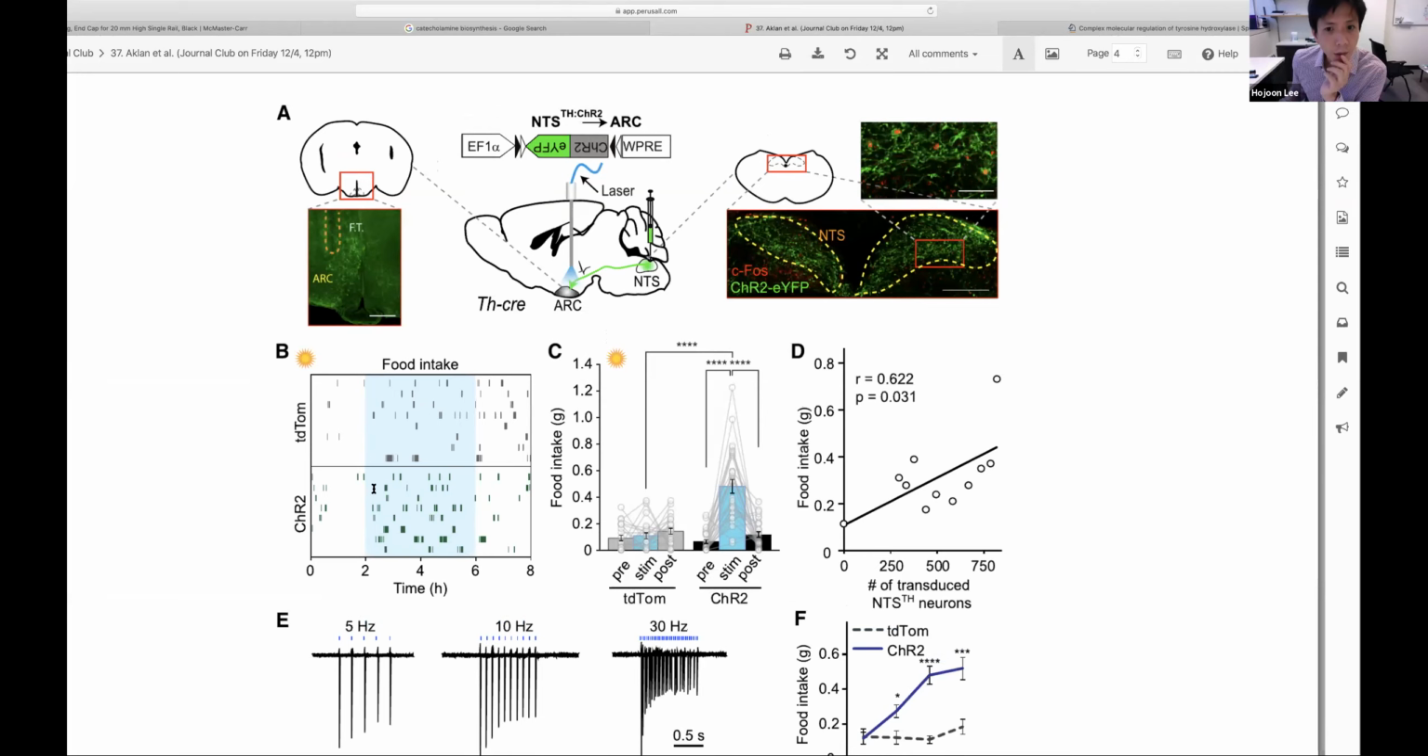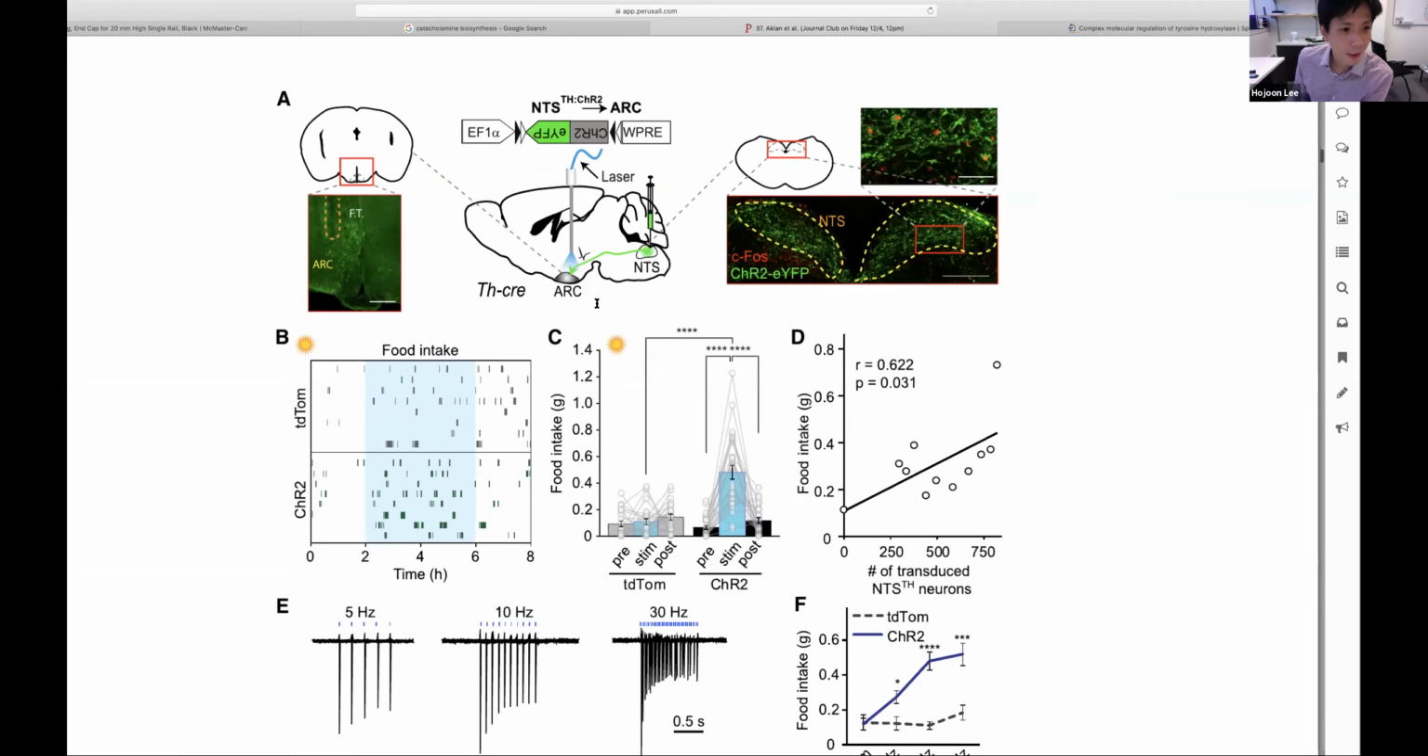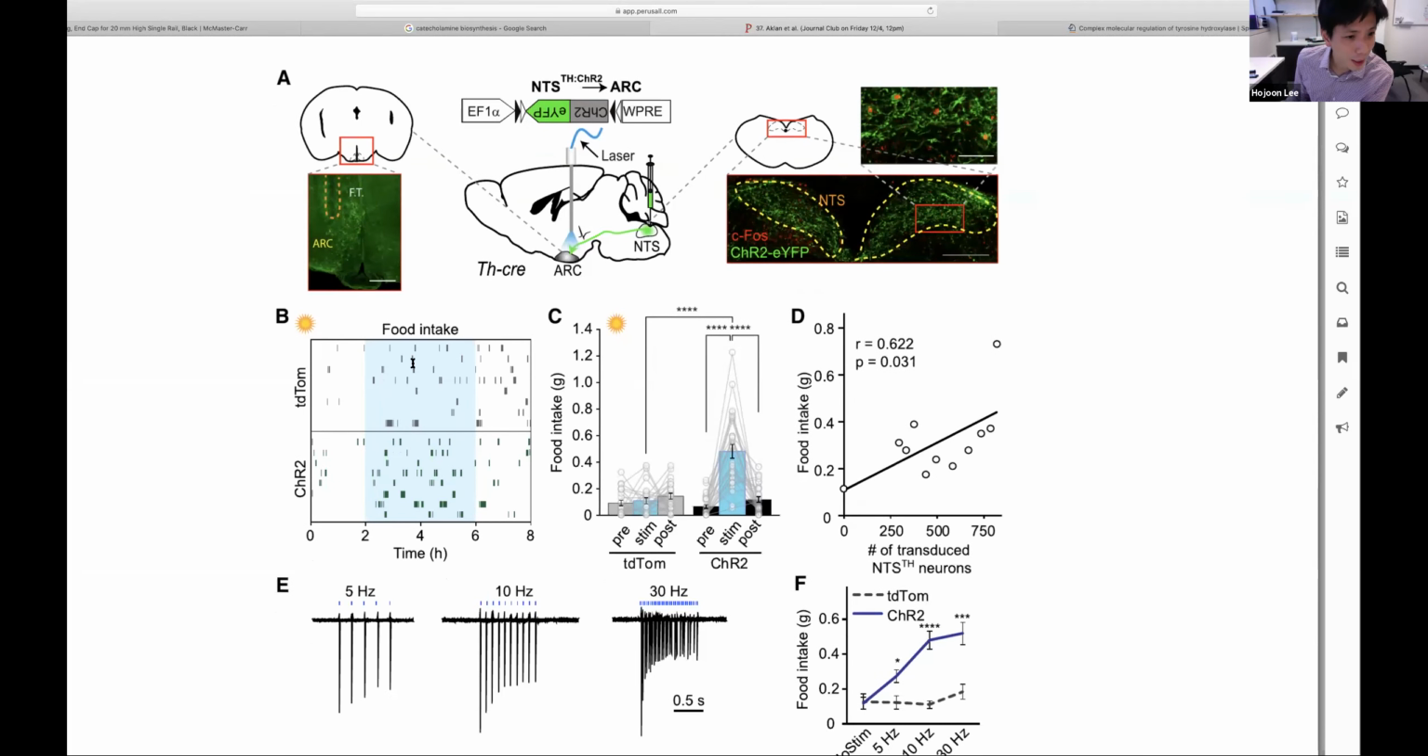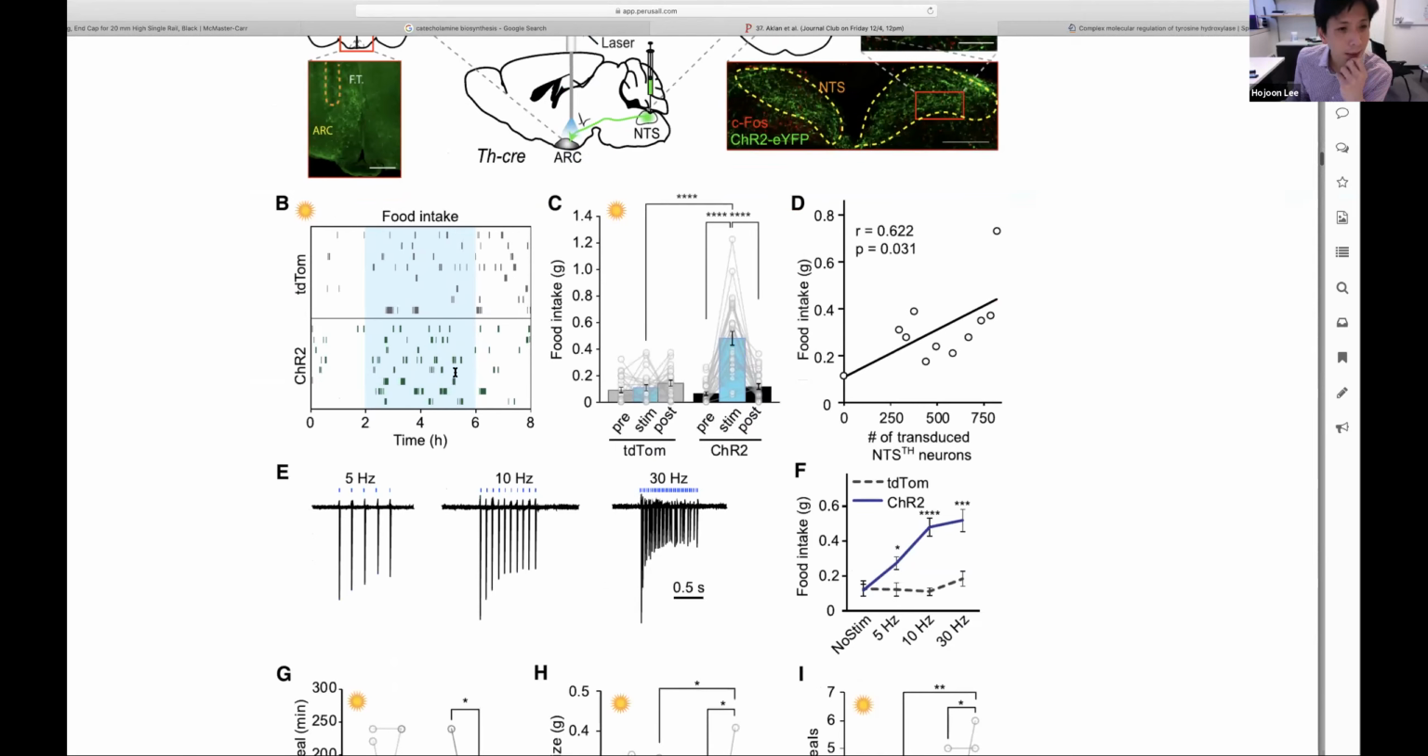Okay, so just to emphasize, they're injecting the channelrhodopsin virus in the NTS and then shining light in the arcuate nucleus, so that you're stimulating only the neurons that project from the NTS to the arcuate nucleus that also express TH. Yes. Okay, so then let's look at B. They shine light, and